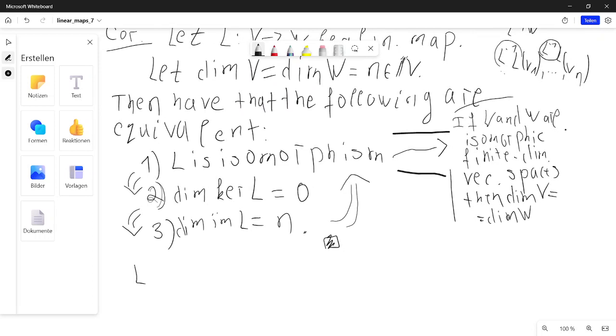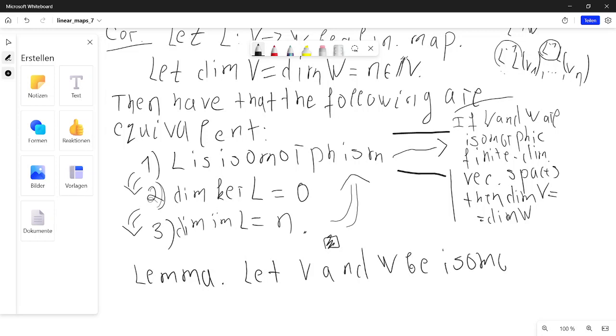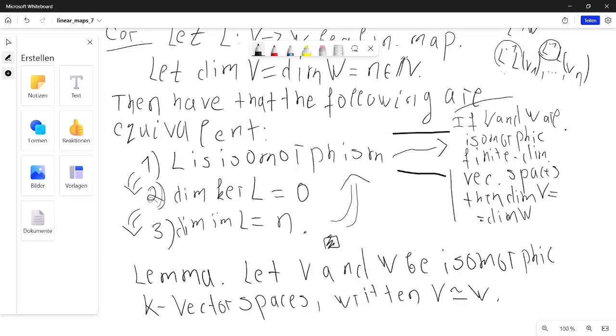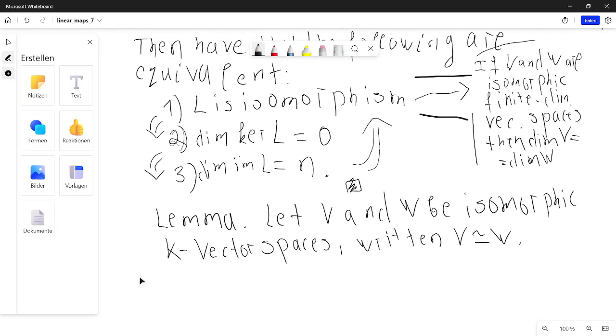on a lemma. Let V and W be isomorphic k-vector spaces, which is written as V isomorphic to W. Right. Then the dimension of V